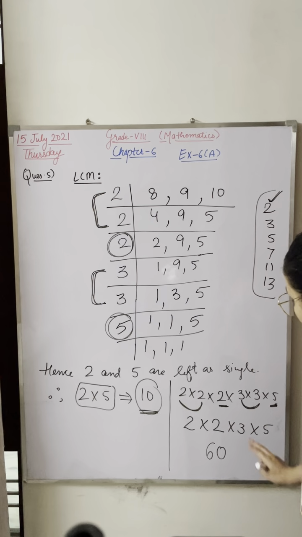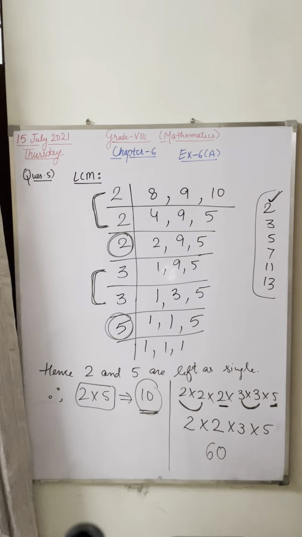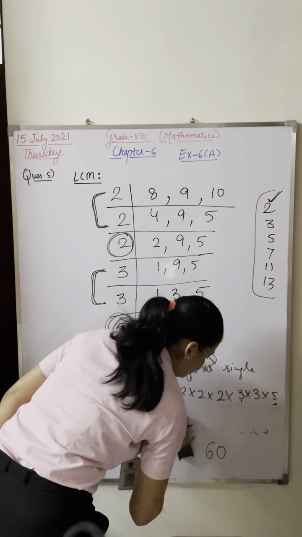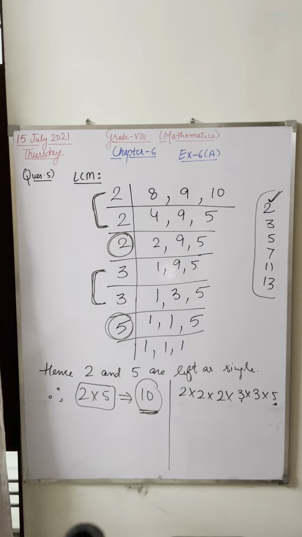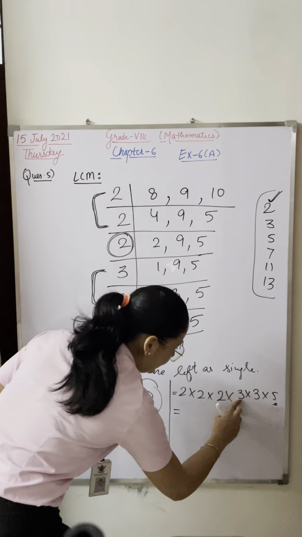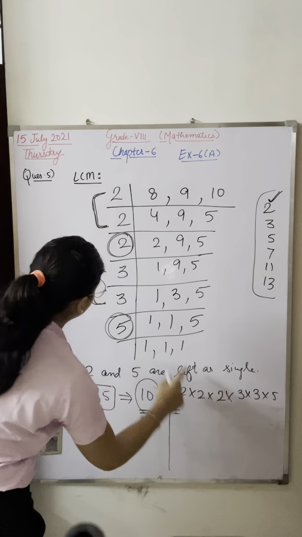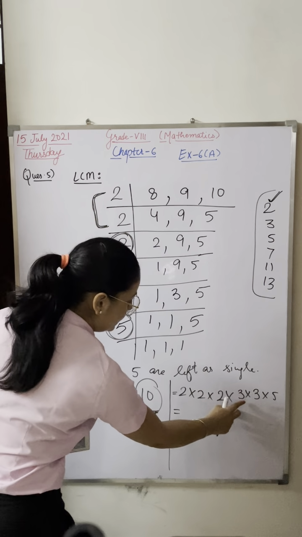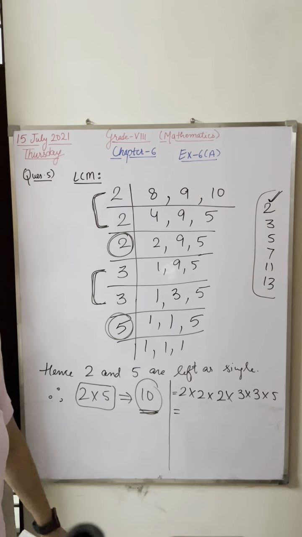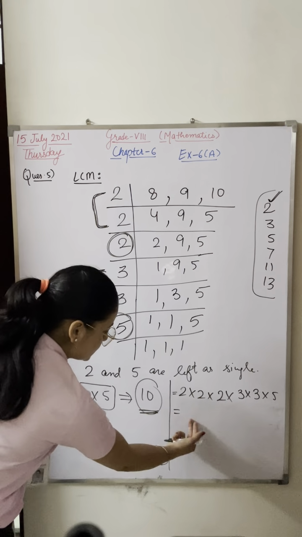Okay. Now what do you have to do? Now you have to multiply. Just wait. Here you don't have to take pairs. Here you have to find the complete multiplication. Don't get confused. Here you have to find the complete multiplication of all these numbers: 2 multiplied by 2, multiplied by 2, multiplied by 3, 3 and 5. Find the multiplication of all the numbers. Don't pick any pair right now. This question will be solved in 2 steps.